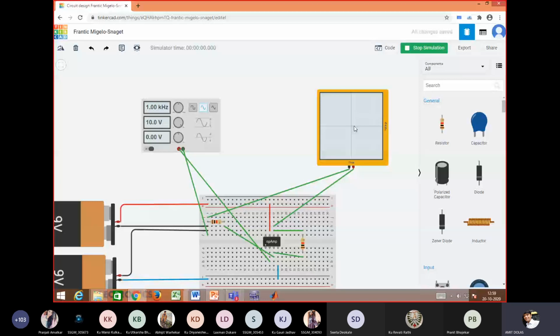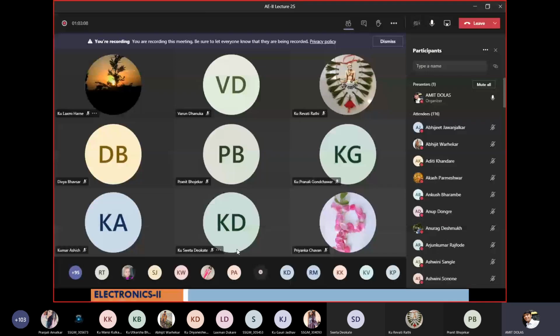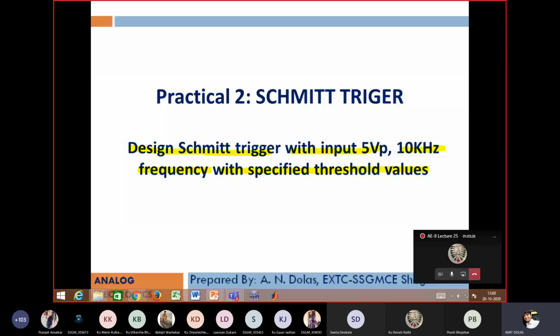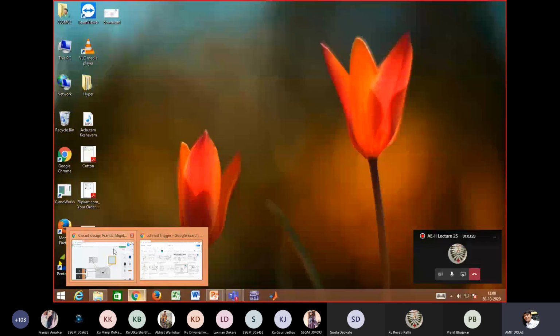So in the next lecture, we'll see this circuit on Multisim software. We'll try to cover most of the practicals on Tinkercad, as it will be comfortable for you. I searched yesterday; I had planned to cover the first practical, the voltage regulator using IC 723. But in Tinkercad there is no IC 723. Please see here.